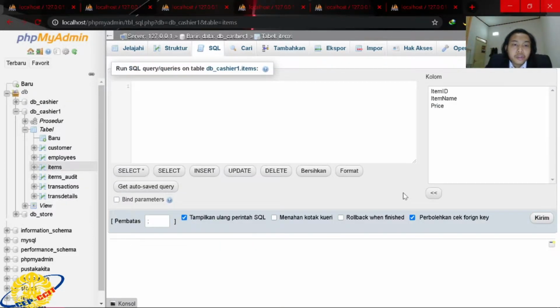Okay, now I will show you the insert query in table items. First is insert into table names, and the values.